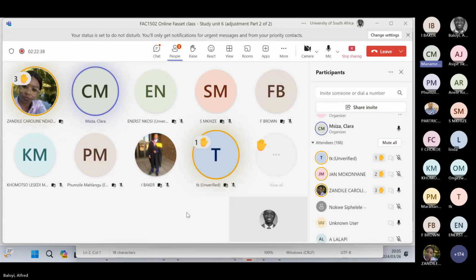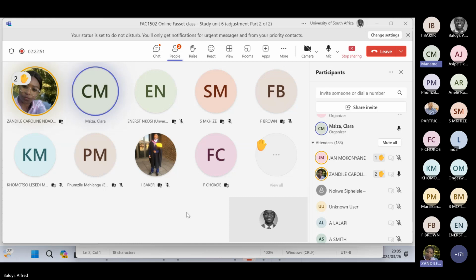It will open next week on the 2nd of April and close on the 9th of April. Kindly prepare and study. Don't wait until the 9th of April for any issues to disturb you. We know we have issues of load shedding, disturbances, and we get sick. As soon as you are ready, complete the assessment, and there will be no extension.